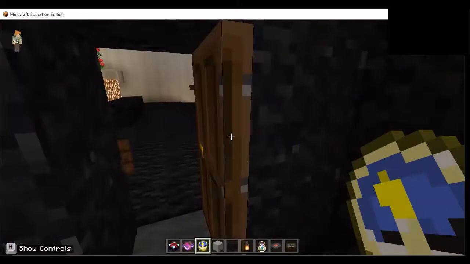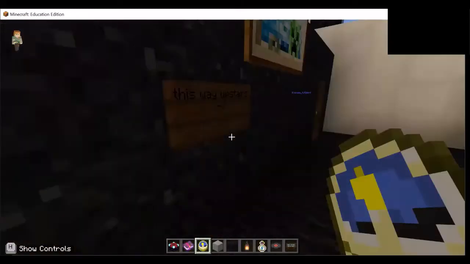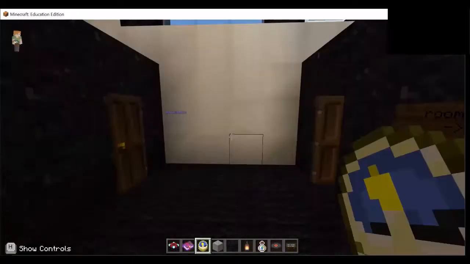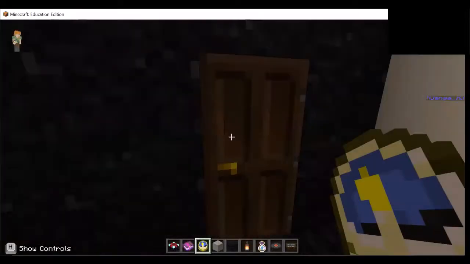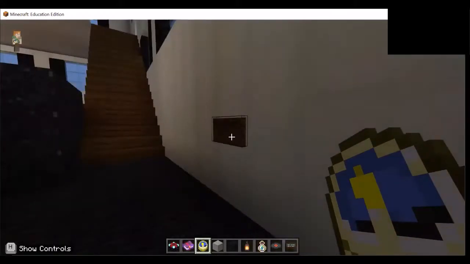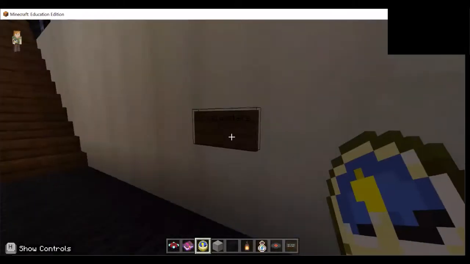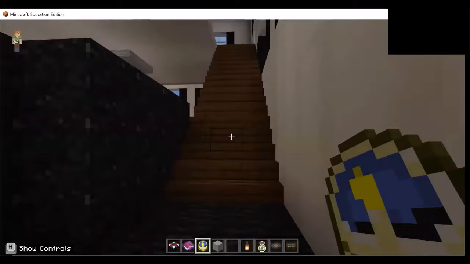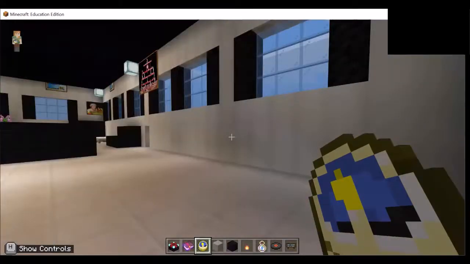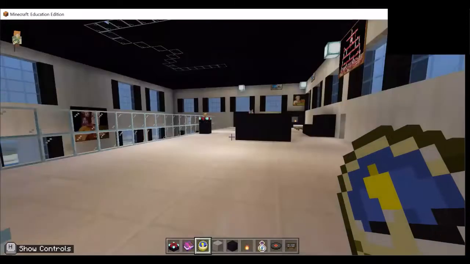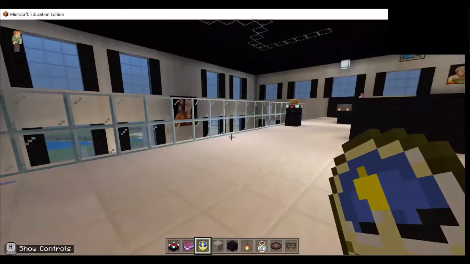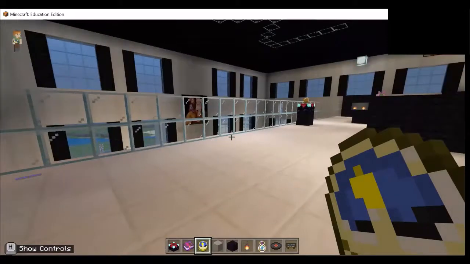Let's close this door. This way upstairs, okay. This is a few paintings to make the corridor beautiful, which it is. Let's open the door and continue. This signpost tells us that this is the way upstairs. Let's climb the stairs. And whoa, here's a beautiful place for just chilling after a long day of reading